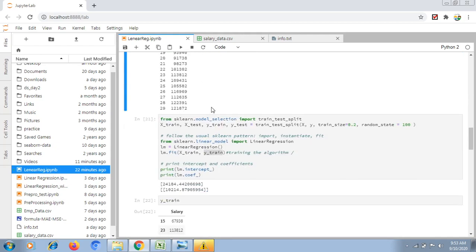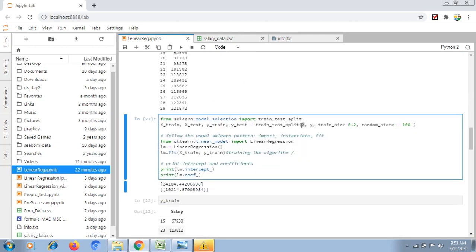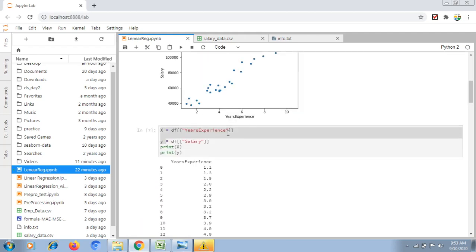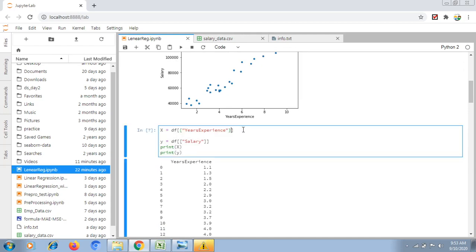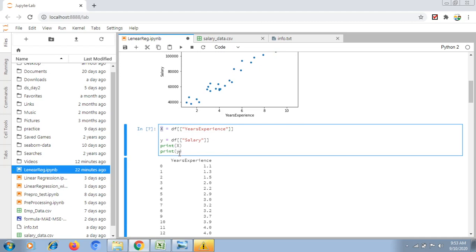Okay, before applying the model, we need to identify what is the X value and what is the Y value. In the case of a multiple linear regression equation, we apply it with multiple columns. For example, if you want to apply another column, you can add it. You can treat this as X1, and you can add X2 like this. Currently, I'm using simple regression. I'm just trying to predict using only one X and Y.